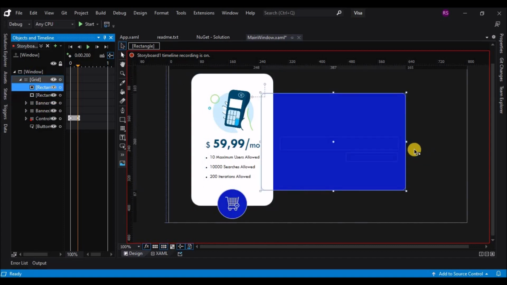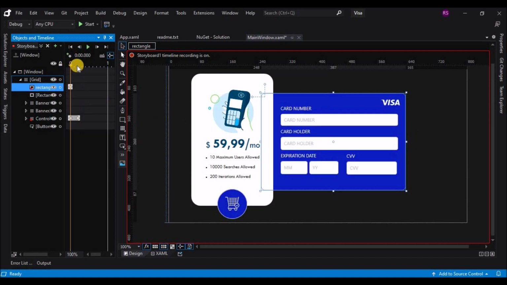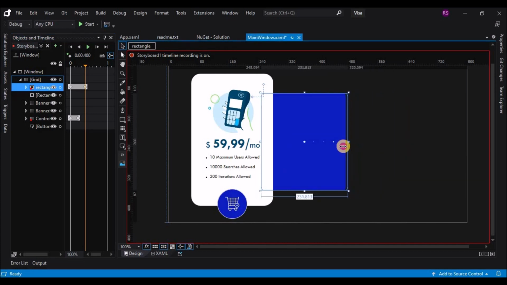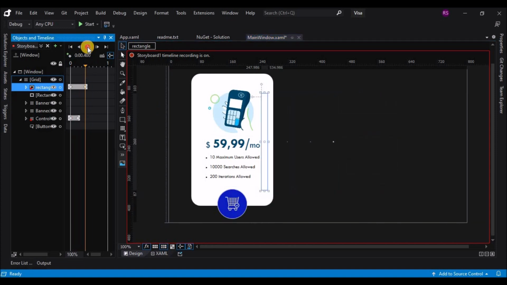So now let's select the rectangle and add an empty keyframe on the 0th frame, and on the 0.4 keyframe I am going to change the size of the rectangle. So by changing the size, it will automatically add a keyframe there.